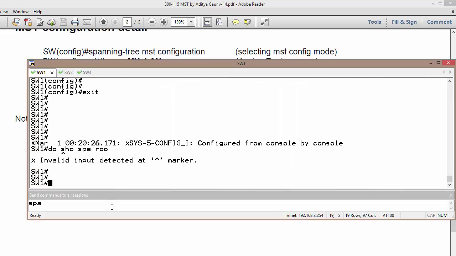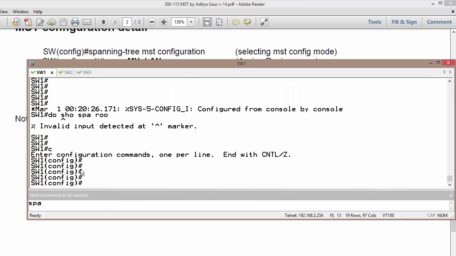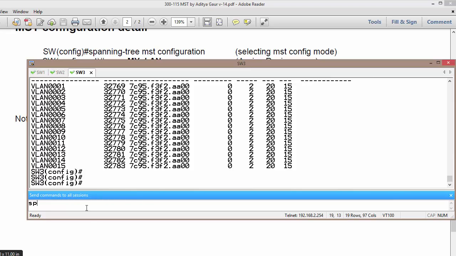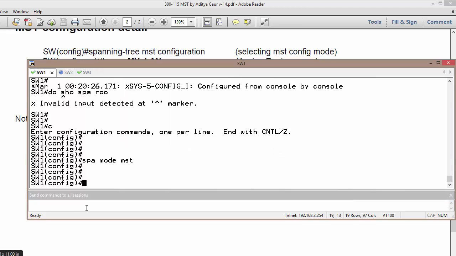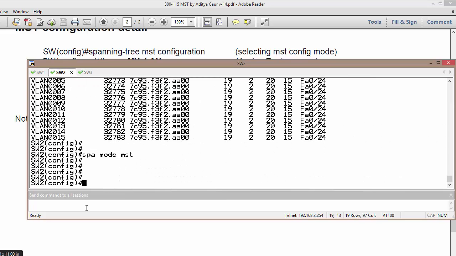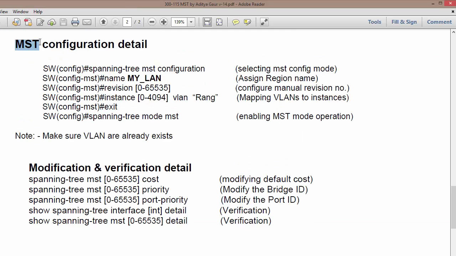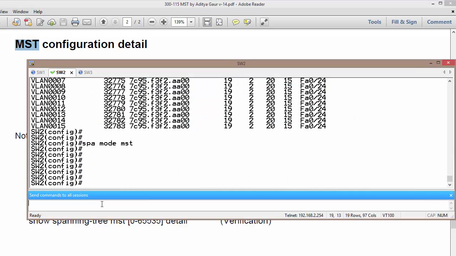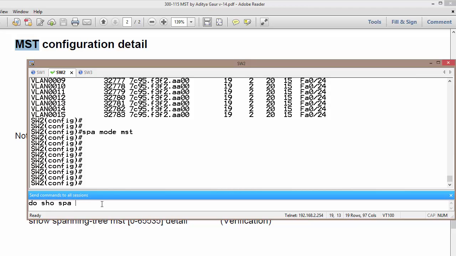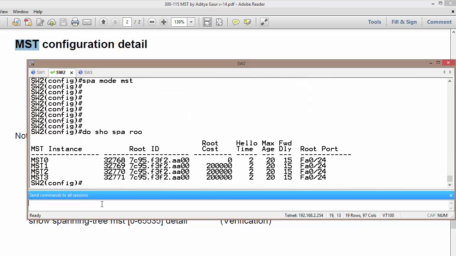So make sure that every device is in configuration mode. Yes, that is spanning tree mode MST. So once we execute this command, now we have 3 instances of MST. Actually we have all the VLANs 1 to 15, but logically you can say this is only 3 VLANs. Now it is time to verify. Do show spanning tree root. We can see